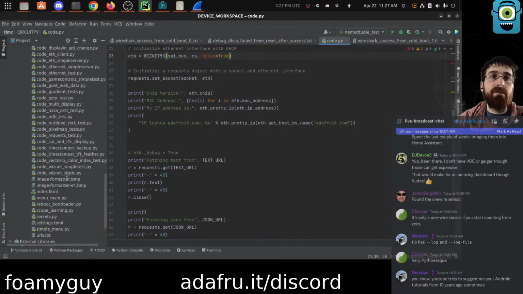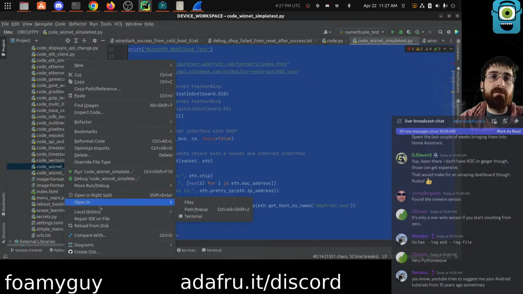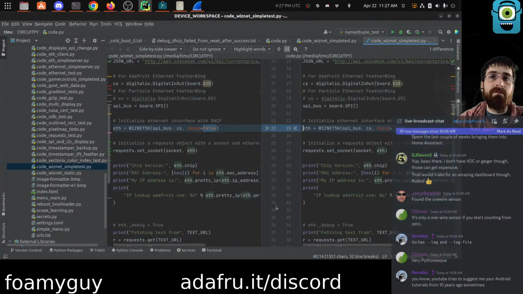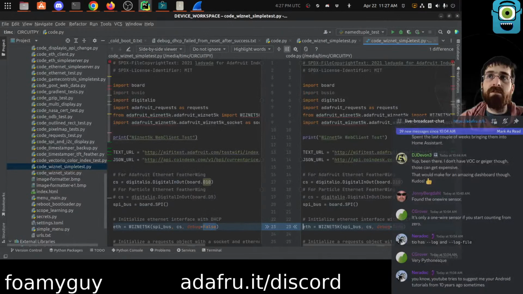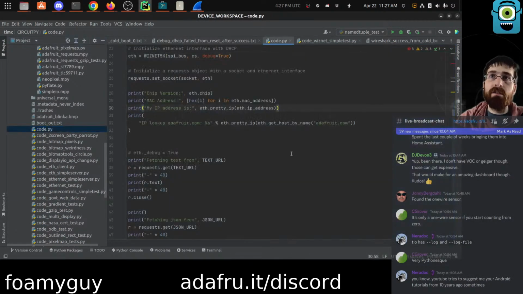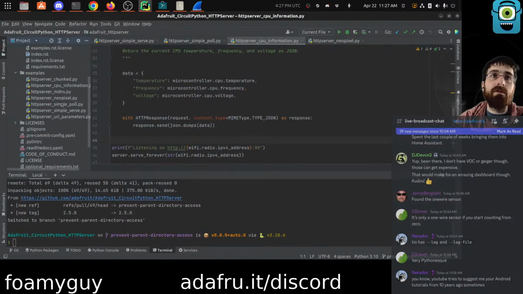Basically just started with the simple test, I'm pretty sure. Yeah, the only difference is debug. So we can just erase CircuitPy. I need to keep it. Get an example from here. Let's start with